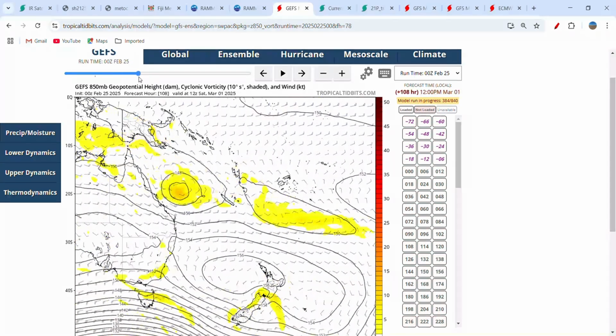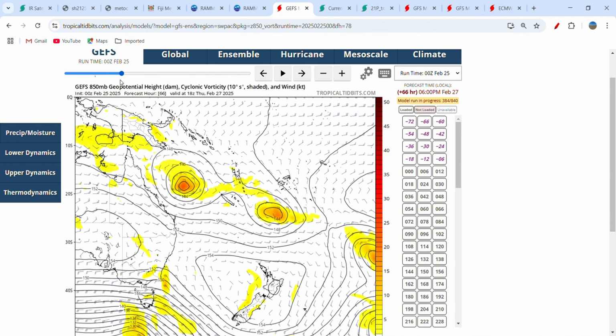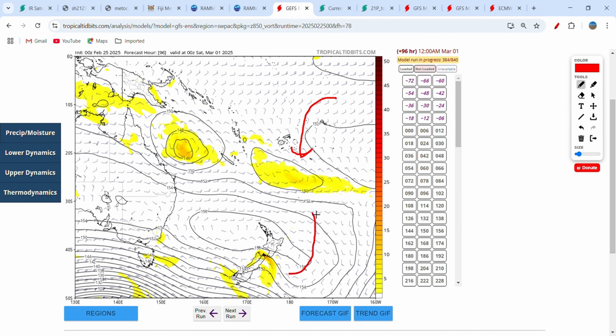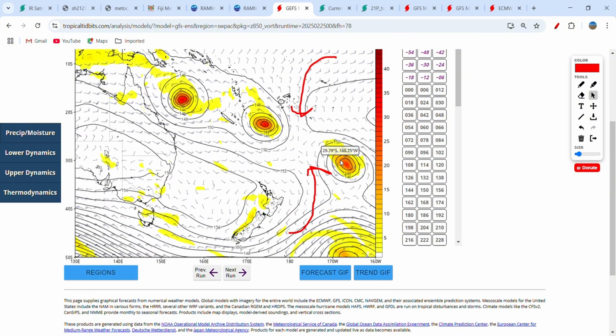lost much of its vertical extent. It's become a shallow system, and therefore it is more prone to low-level steering flow, which again is because these are deep layer ridges with northerly flow there and southerly flow there. Very complex competing steering environments, and once Ray and that trough have passed,